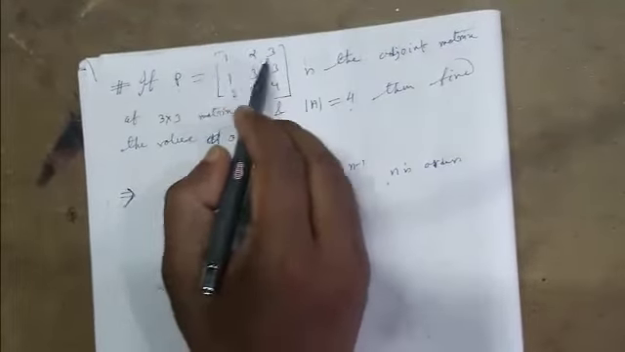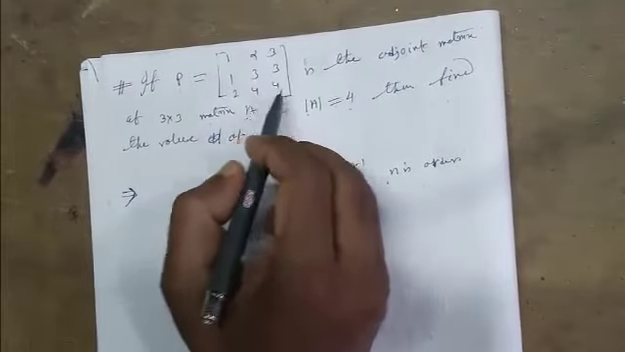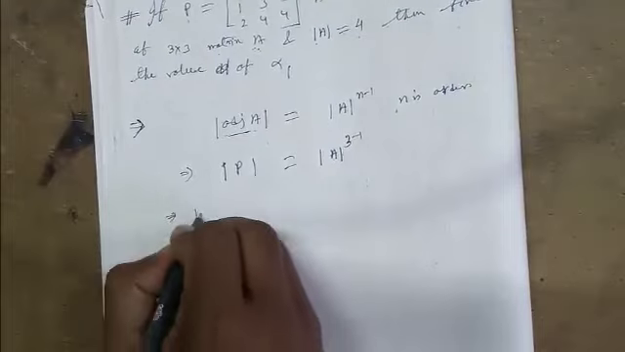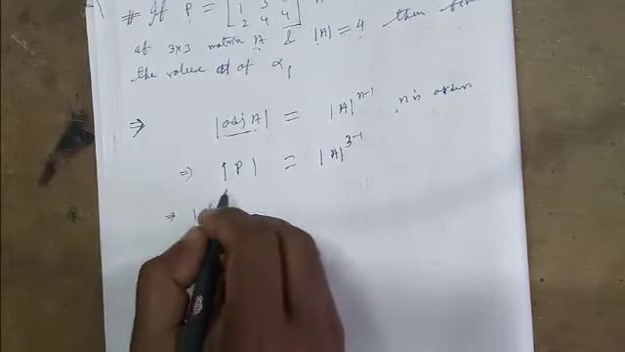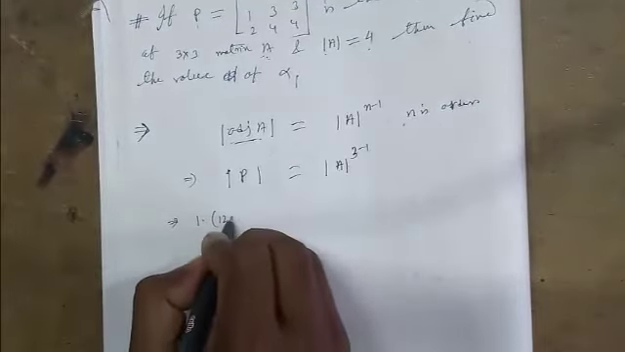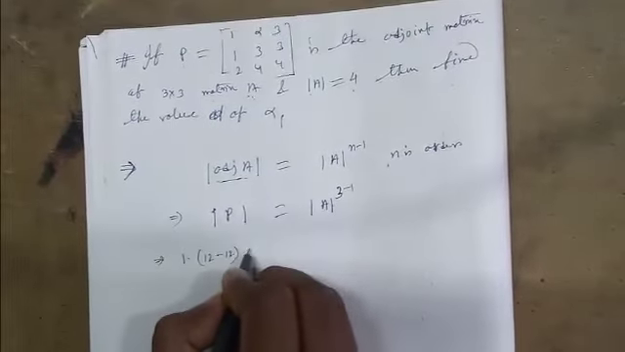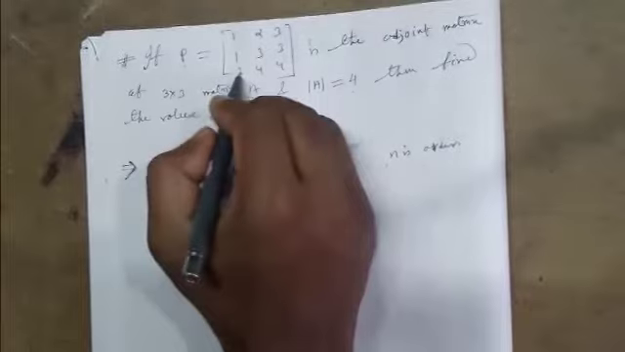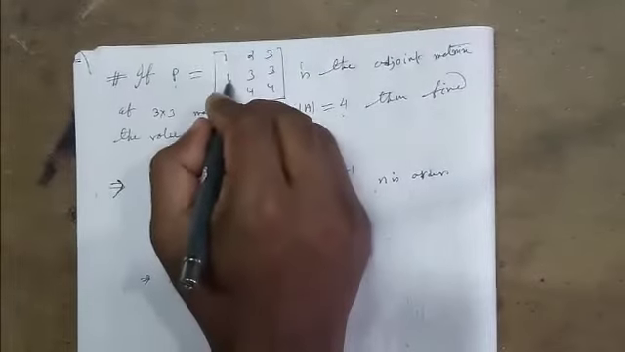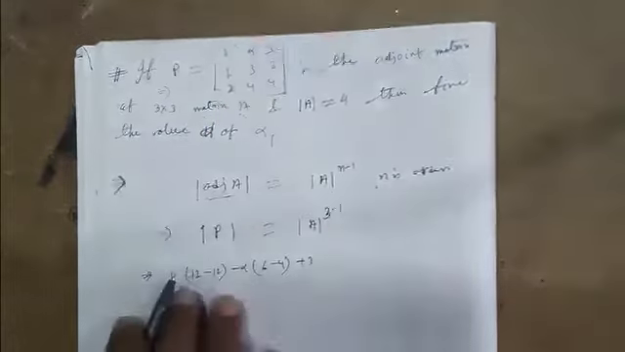What is the procedure? We have to take any row and multiply with the corresponding cofactor. Let us take the first row 1, alpha, 3, and multiply with the cofactors. 1 into cofactor of 1, which means 3 into 4 minus 3 into 4, that means 12 minus 12. Minus alpha into 3 into 4 minus 3 into 1, 6 minus 4, okay, plus 3 into 1 into 4 minus 3 into 2, that means 4 minus 6, equal to